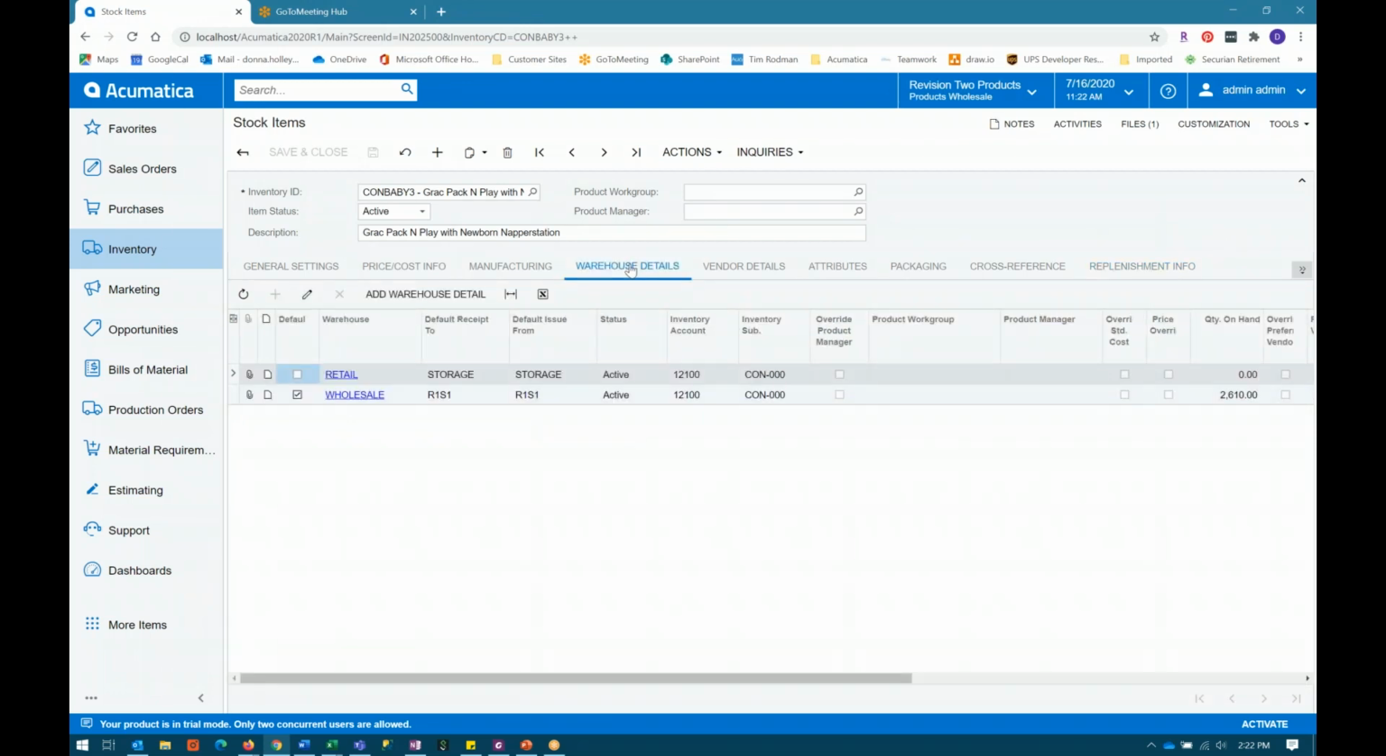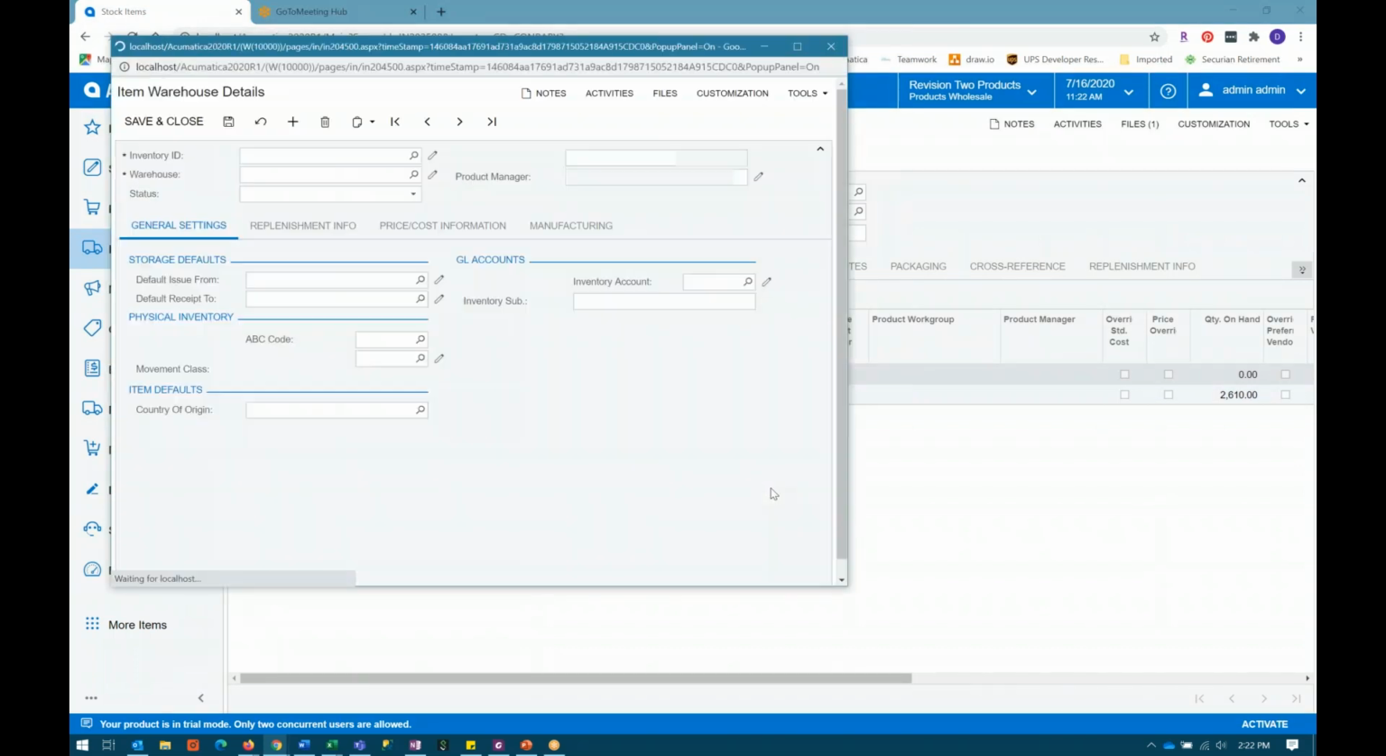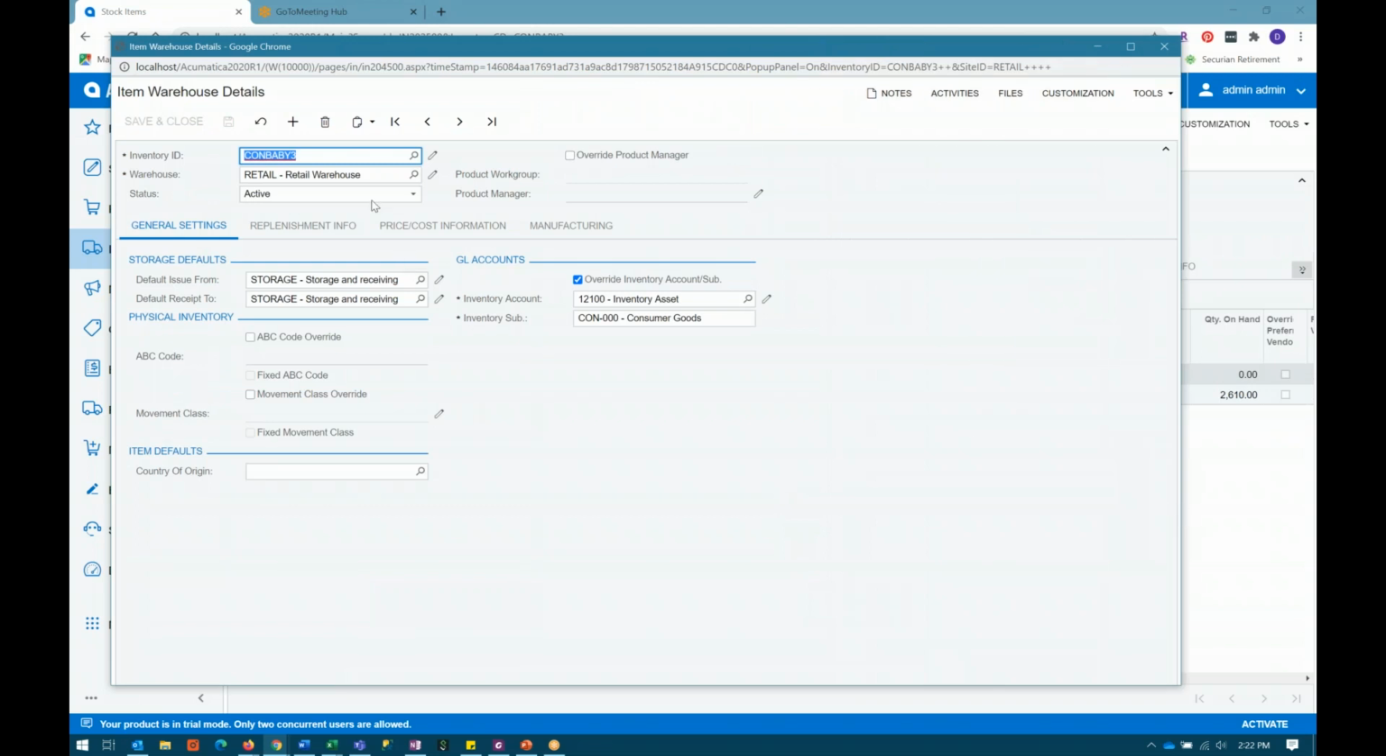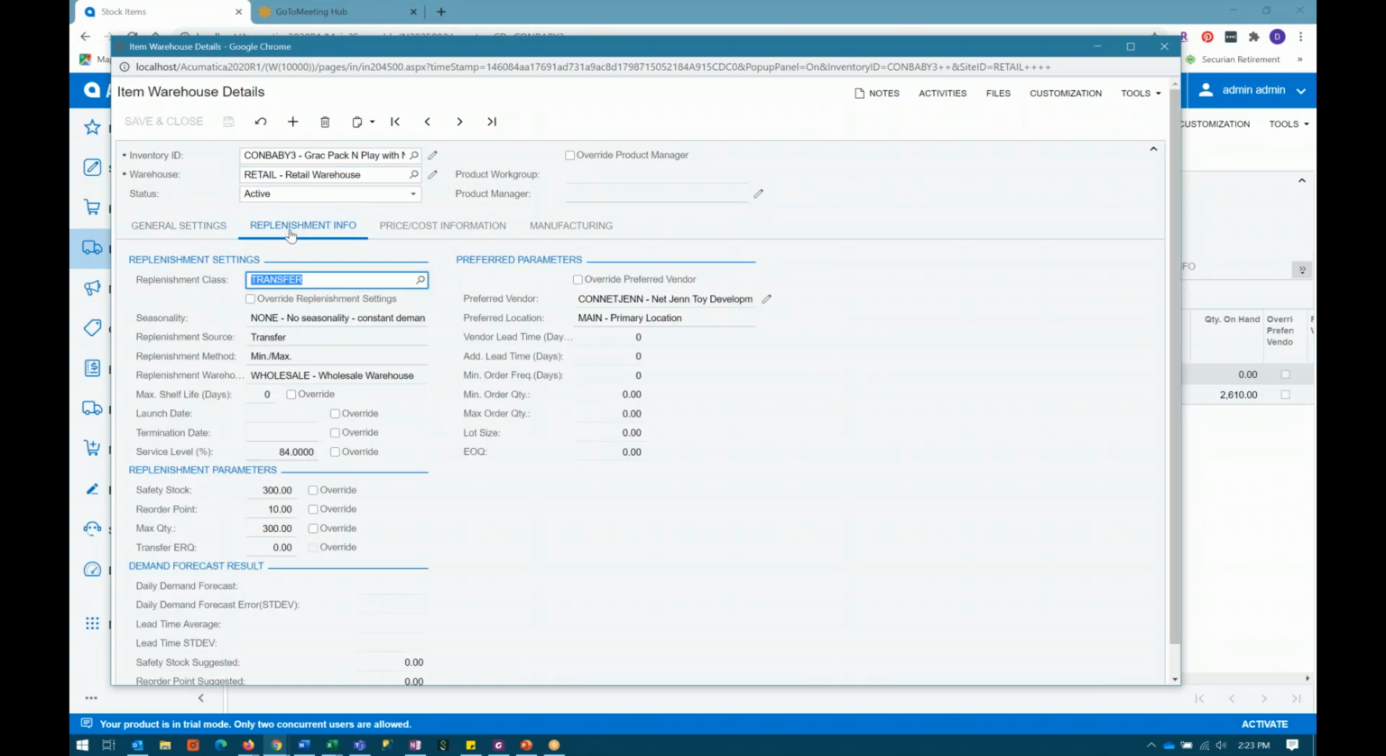If I look at the warehouse details tab for this stock item, it's available in two different warehouses, the retail warehouse and the wholesale warehouse. And you can set different replenishment settings in each of those warehouses. You can also set at the warehouse level different pricing, different costs, and those sorts of things. So if I open the item warehouse details screen for this item, I'm now looking at the retail warehouse for this item. And under the replenishment tab,